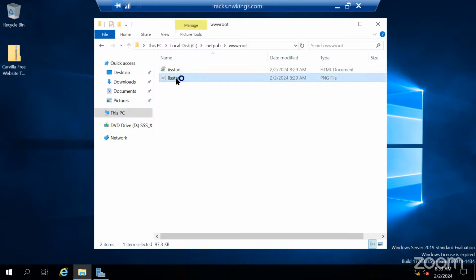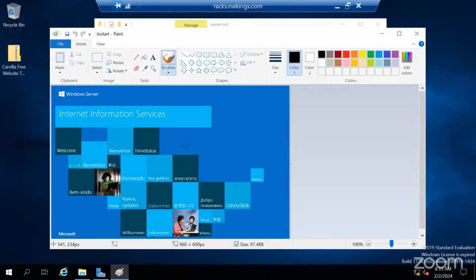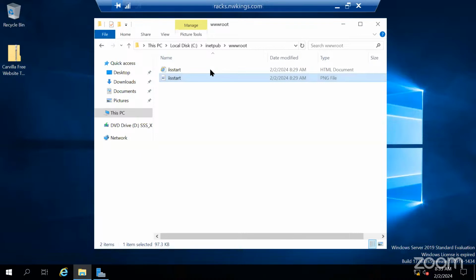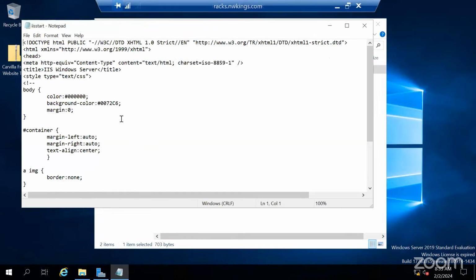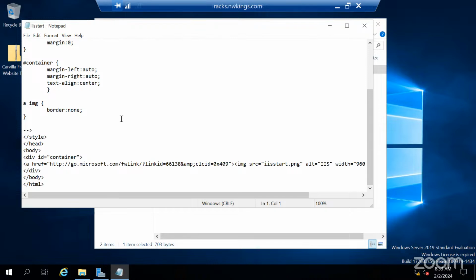See, the page which you are able to open in the Explorer is actually that web page, right? And the coding of this page you can see here. Let me try to open it with Notepad. Yeah, so this is the coding.